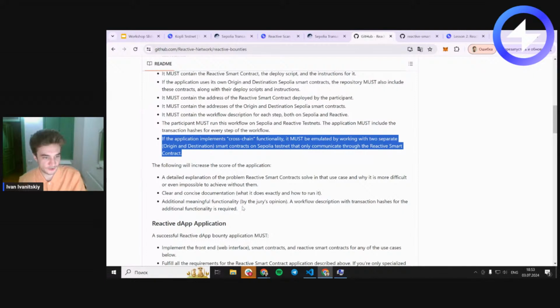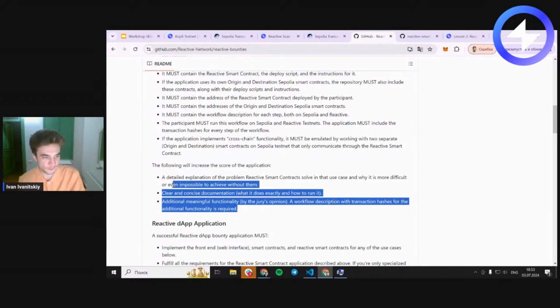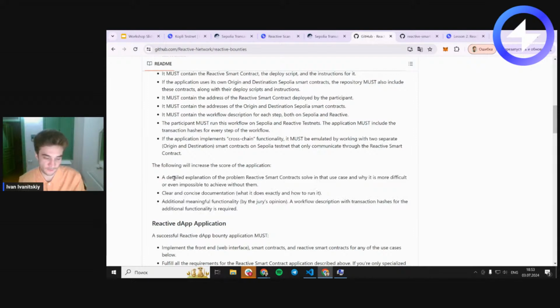Yeah, and also I hope that we will see more than one application for one bounty. If not, then the only application that follows all the requirements will win the bounty. But if we have several of them for one type of bounty, then we will score them internally, and the best one will win. So we will score them basically on the detailed explanation of the problem,